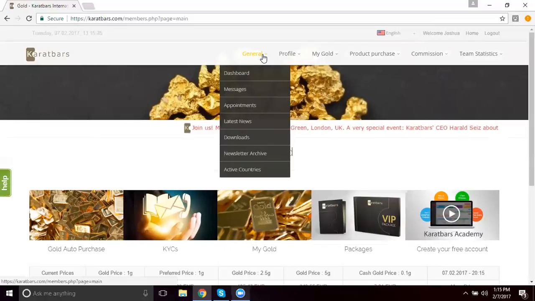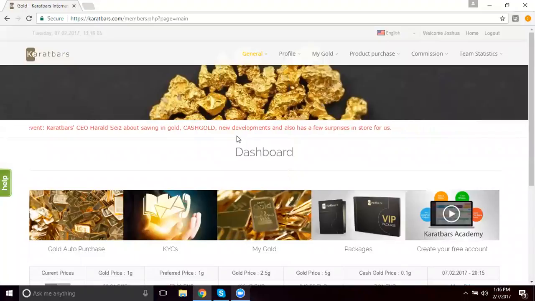There's a latest news tab. Anytime that latest news comes out, a newsletter is sent out to all the affiliates. However, a lot of people don't get them, so check that latest news tab quite often. Go back through and look at the latest news and all of that. There's also a downloads tab. Now, this one is pretty important. When you go to the downloads tab,